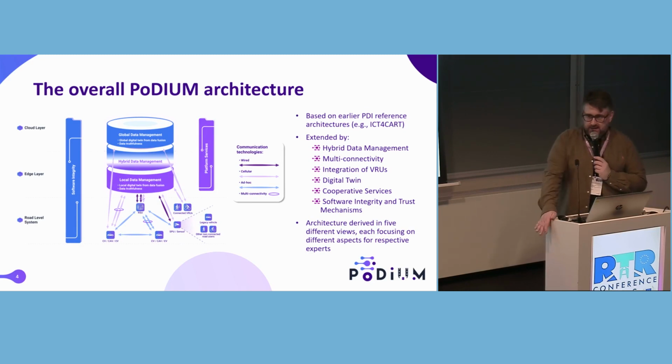This is just a view of the architecture. In PoDIUM, the architecture has been derived in 5 different views. Here is only the communication view, but besides the communication view, there is also the functional view, which depicts the interaction of functions within the systems, the C-ITS messages, the traffic management center, etc. We have the data flow and storage view, which is where the messages are being generated, where they are sent, where they have been stored, how they're being processed, and how they have been used by